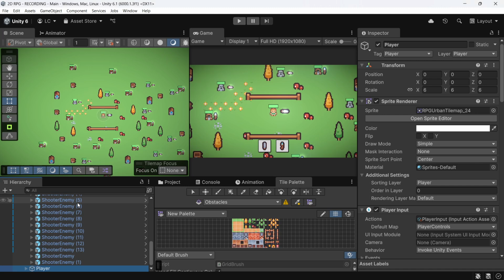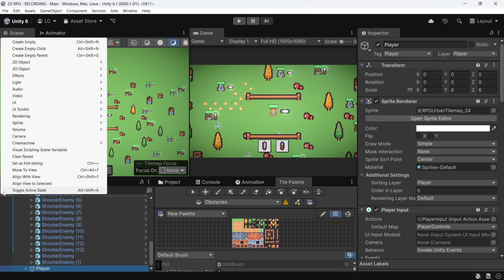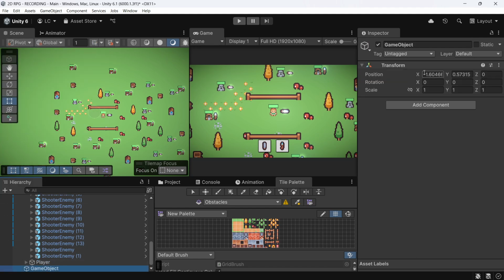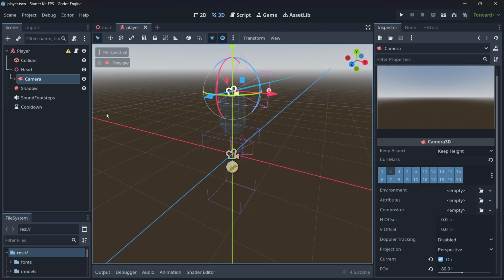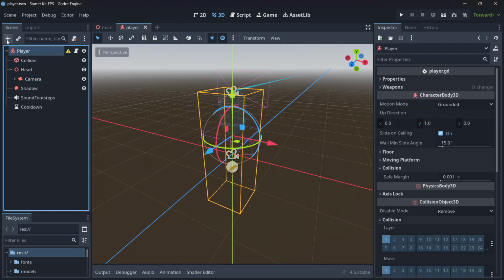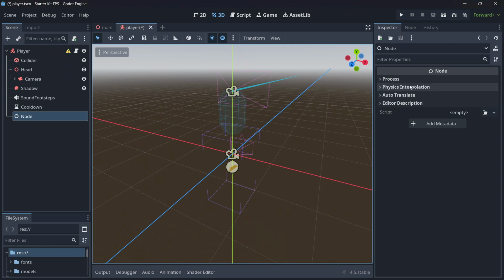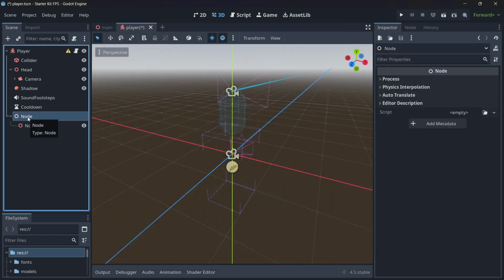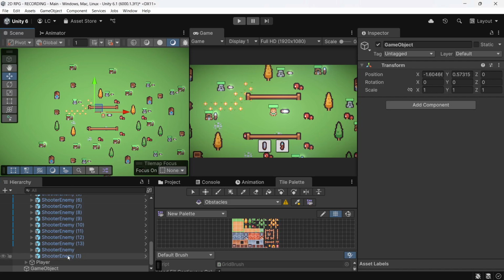So everything from scratch is an empty game object, okay? It has nothing but a transform, just so that we can, as you can see, position it in the scene, but that's all, it's a marker. It will be the equivalent of creating a node, as you can see. Well, this even has more options. This doesn't even have a transform, so it will be the equivalent to a Node3D in 3D space or very similar to that. And how it works here is that basically you nest components